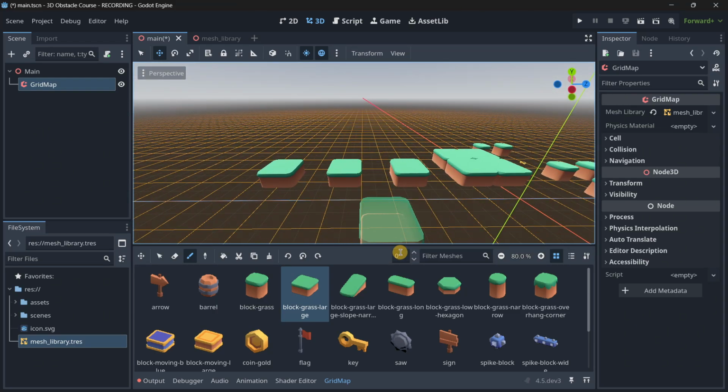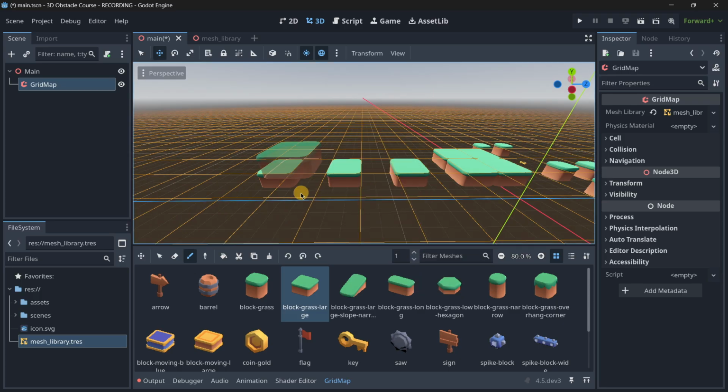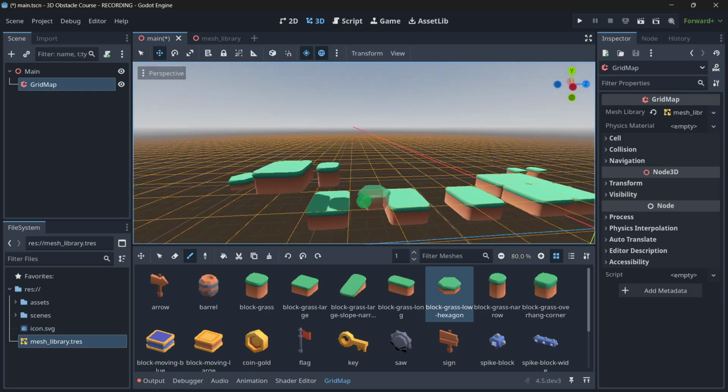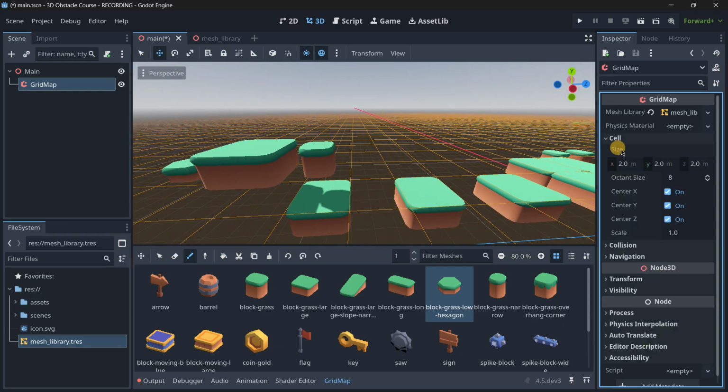So what we do here, we have a floor value, change grid floor. We can increase it by 1, for example, and now we are in floor 2, okay? So here we can continue painting things around as we want. Now, this is not completely bad, but what we can do is go to cell, and here you can see